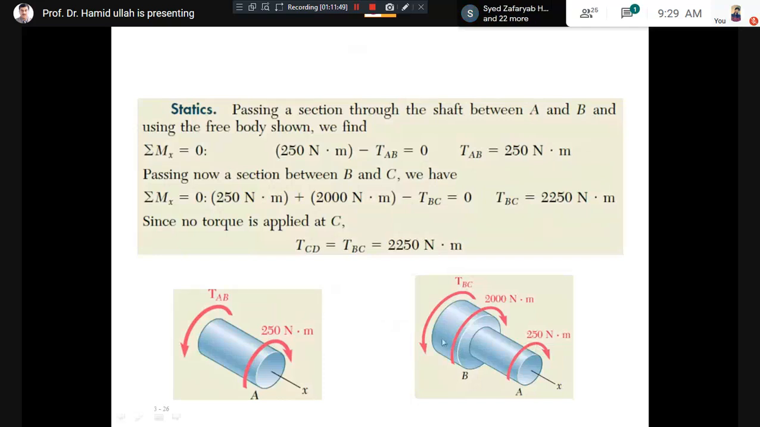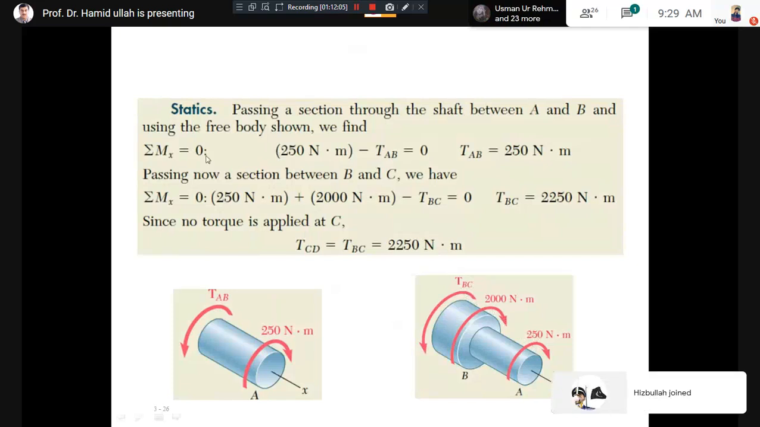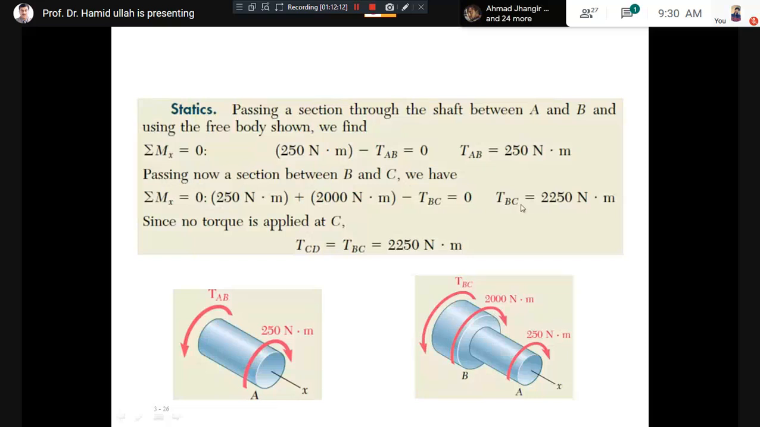For sure, the resistive torque is in the direction opposite to the applied torque direction. You can decide that this torque equals 2000 plus 250, which will be 2250 Newton meter. Or very simply, you just apply the sum of all the moments equal to 0 for this case. There are three moments. Torque for this portion equals